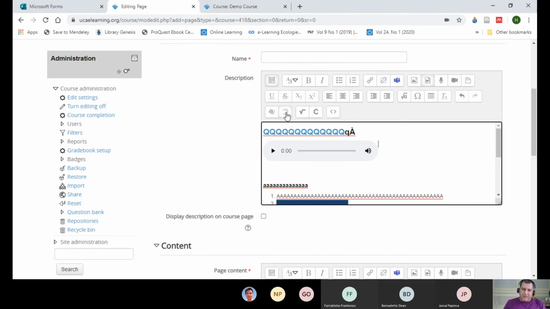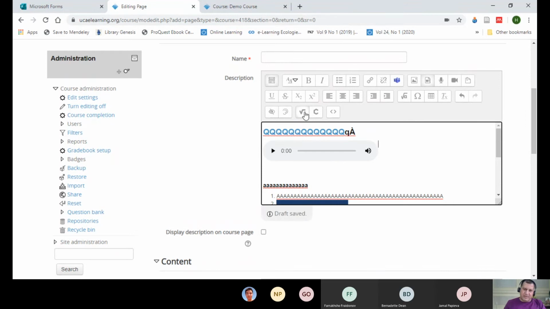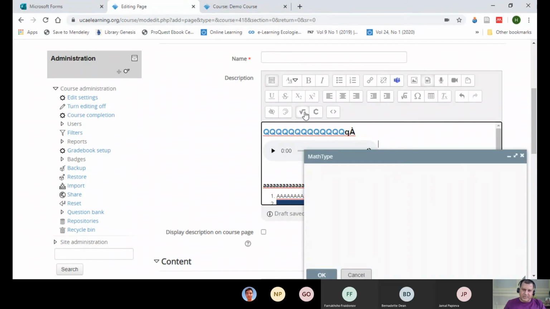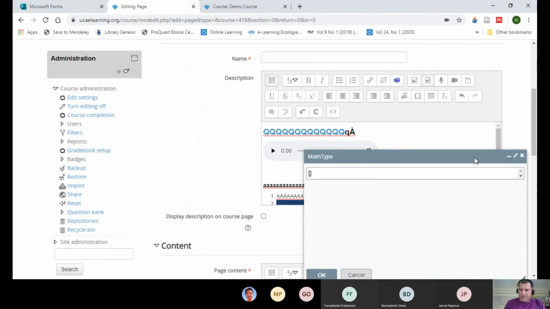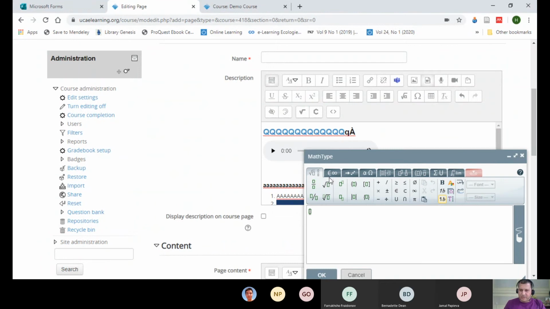Accessibility checker, right? For students with some challenges. This is another math editor. So you can insert math equations with this one. Another powerful tool that we can use. Different kinds of equations you can create, and you can add to your